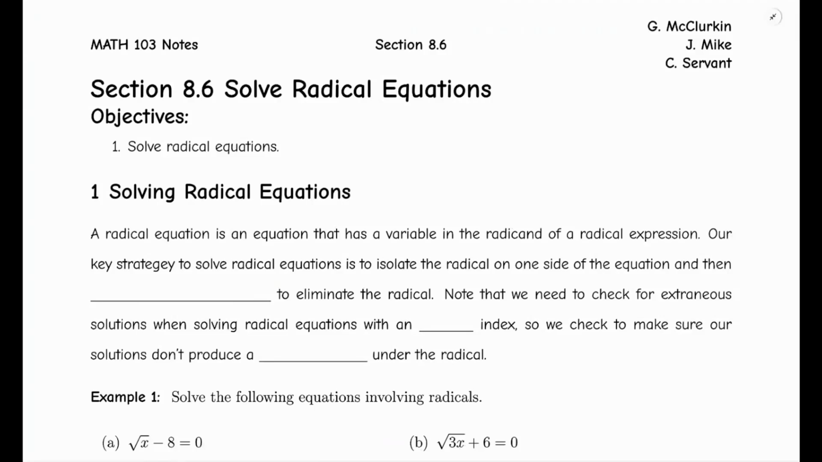Hello, this is section 8.6, solve radical equations. A radical equation is an equation that has a variable in the radicand of a radical expression. Our key strategy to solve radical equations is to isolate the radical on one side of the equation and then raise to the index power